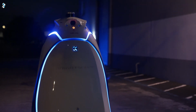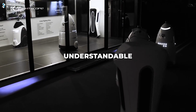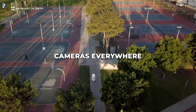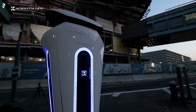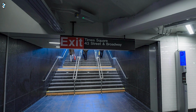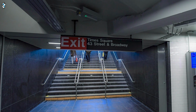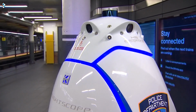But do we really want to be recorded every moment by a fleet of robots as we commute to work? There are understandable privacy worries when it comes to having cameras everywhere monitoring public spaces in real time. Additionally, for 2 months, the K-5 will be deployed to the Times Square subway station, the busiest and most high-profile station in the system. It will spend the first 2 weeks primarily just mapping out the layout and learning to